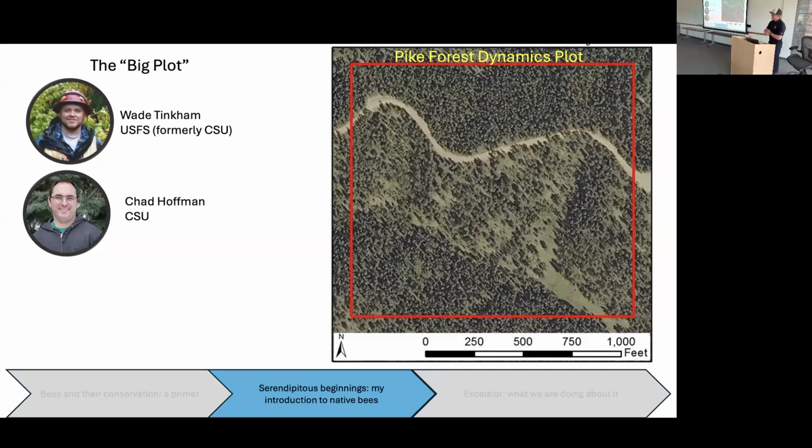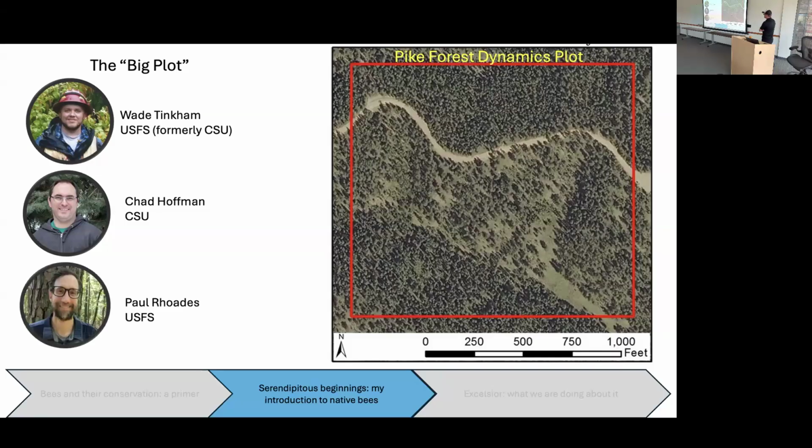This was serendipitous timing because I had a friend of mine from Idaho who had just completed his PhD in bee ecology. I was very envious of him because he had all these beautiful specimens and he caught them in these cool traps. So I approached this guy, Paul, who's a friend of mine, and I said, hey, Paul, I got $15,000. Do you want to identify some bees if I set up a study? And he said, yes, I do.